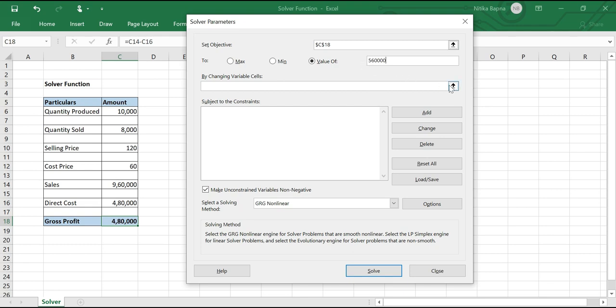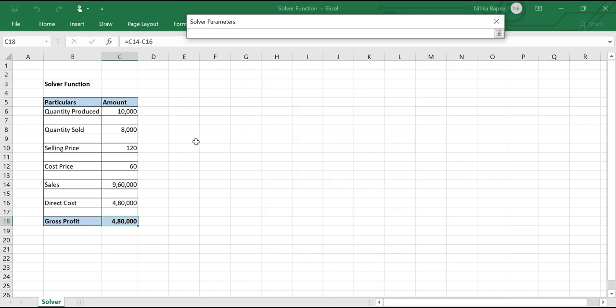So depending on the constraint I'll give. If I select here 9 lakh, then by changing variables I'll select this one, this and this. The three parameters have to be changed.